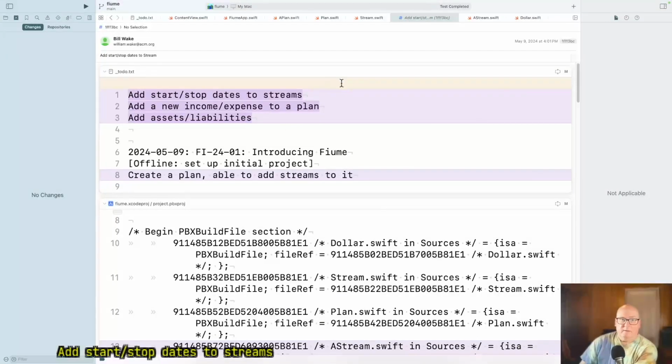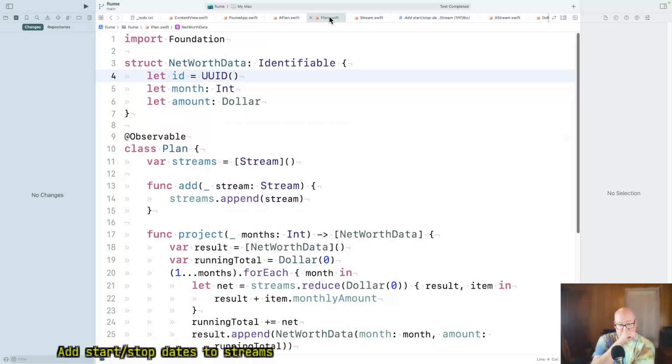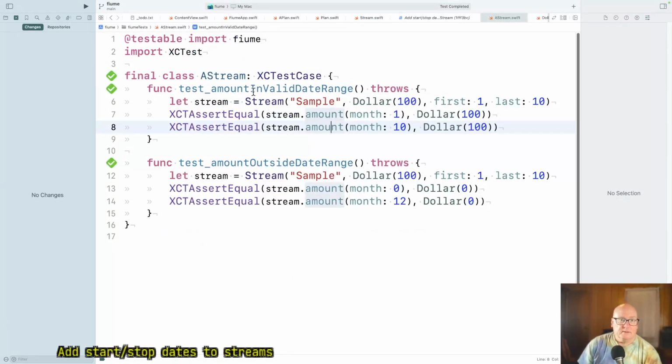Okay, and then now plan. Yeah, good suggestion. Thank you. Amount inside.